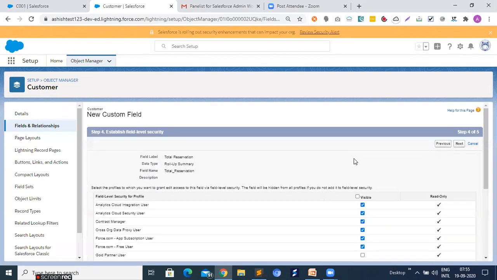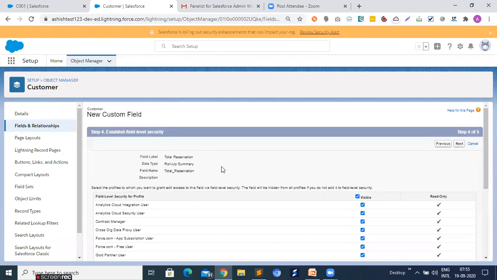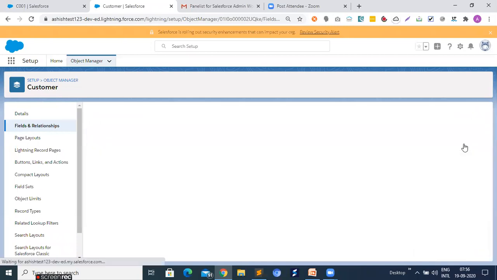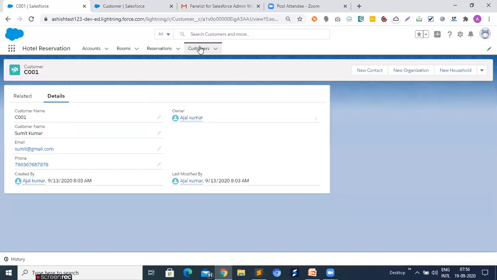Need to set the visibility, that is field level security for a particular profile. We discuss this later. Just click on save. So a roll-up field is created, or just go to the object and just click on customer and select any record. Currently we have only one record.